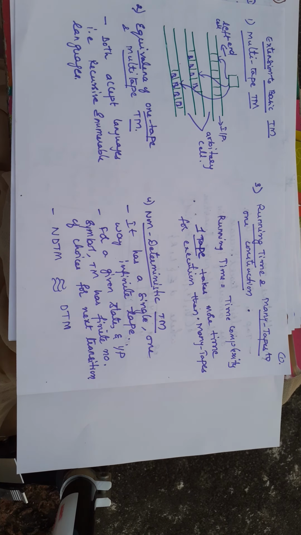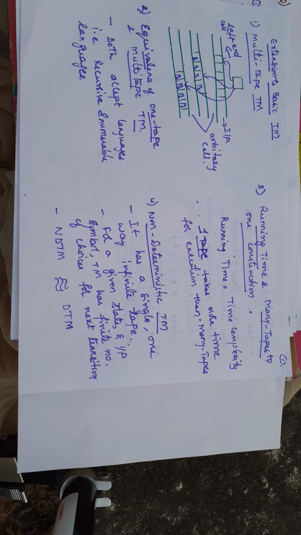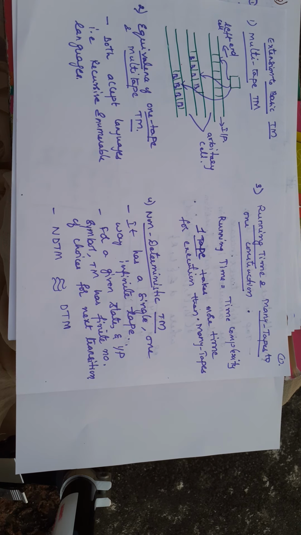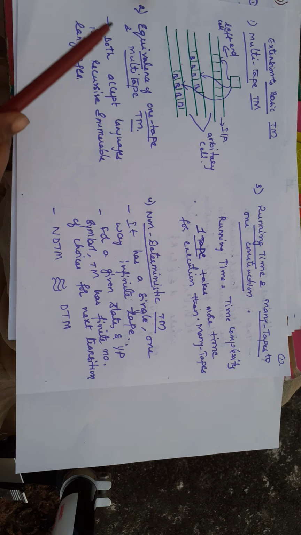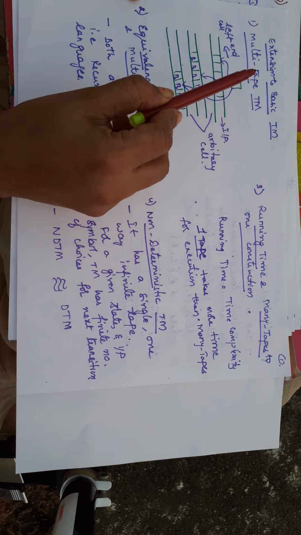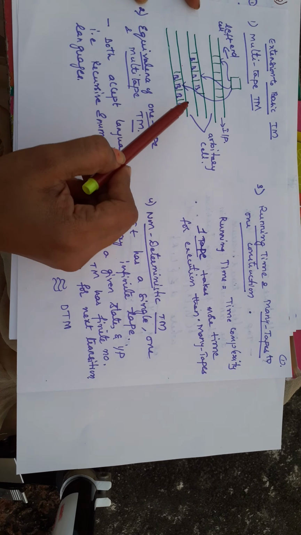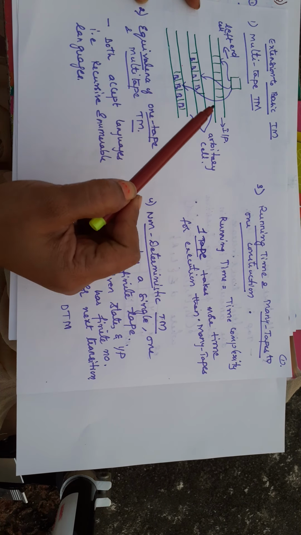We know the basic Turing machine. It is a single tape where the total tape consists of blank symbols and it has only a one length string. The tape is of infinite length. That is a basic Turing machine. Then we have this multi-tape Turing machine. That means to the single Turing machine we are attaching more than one tape.